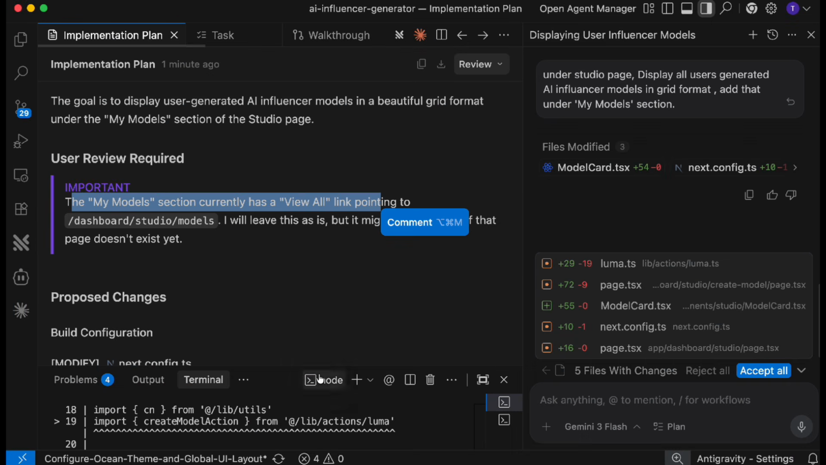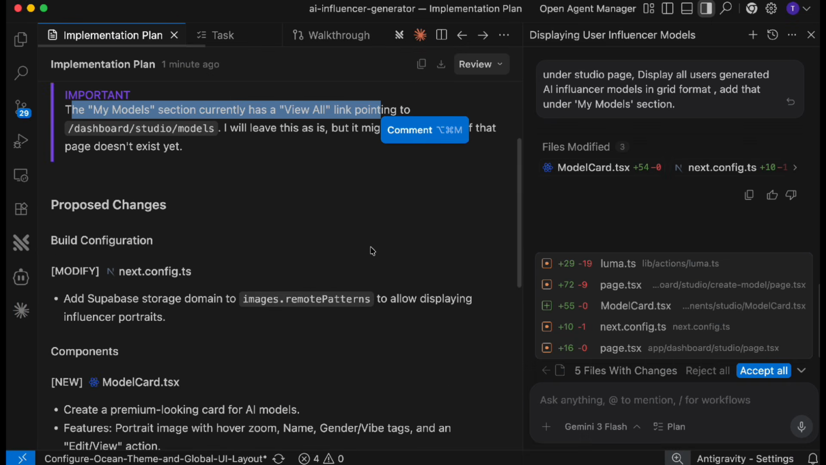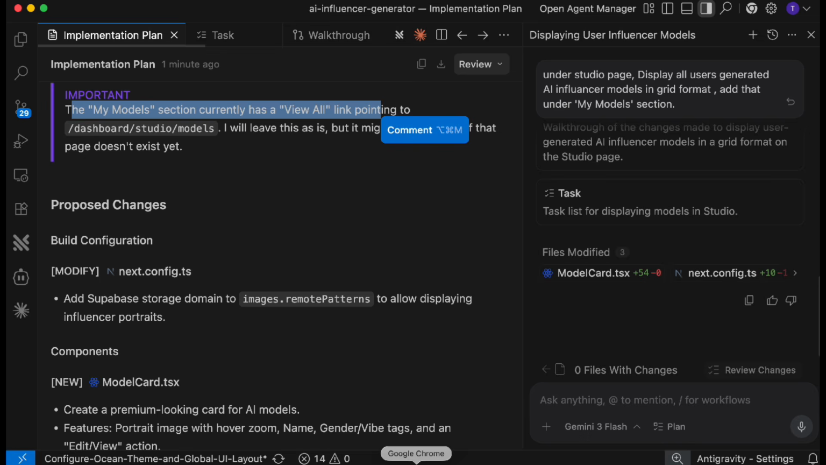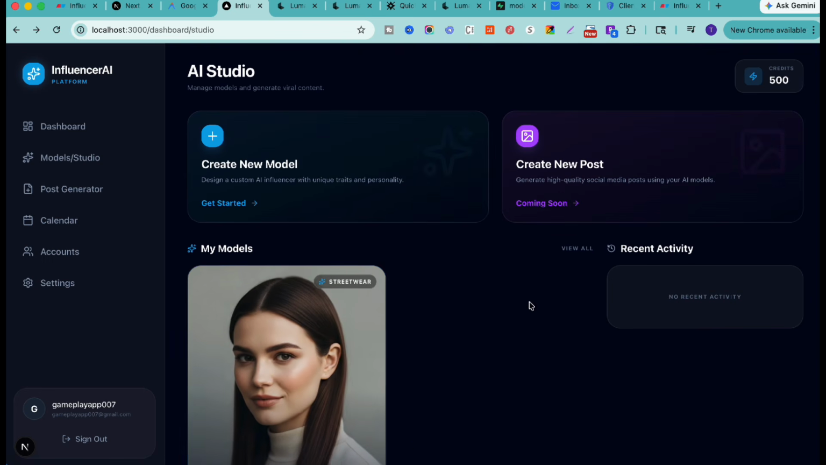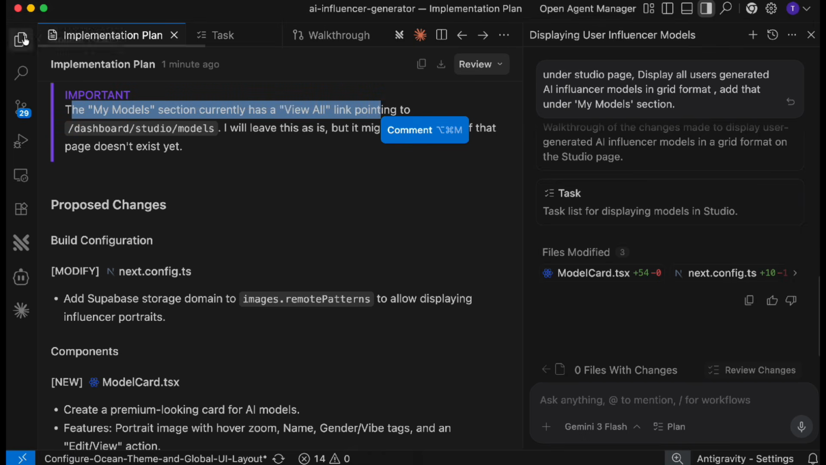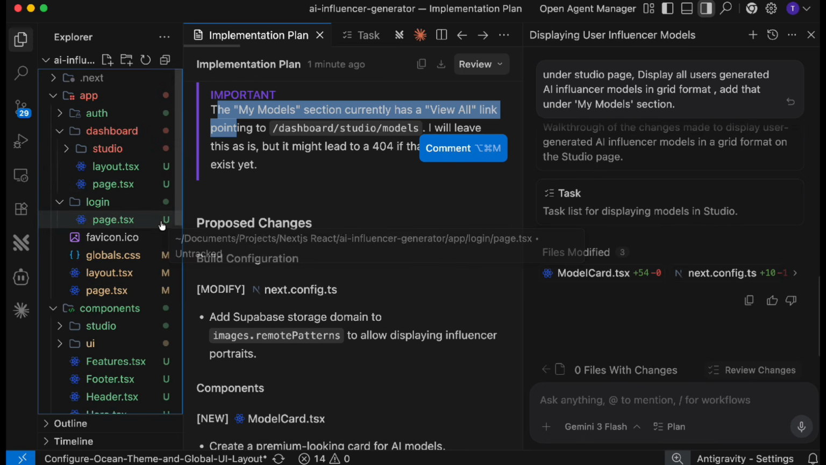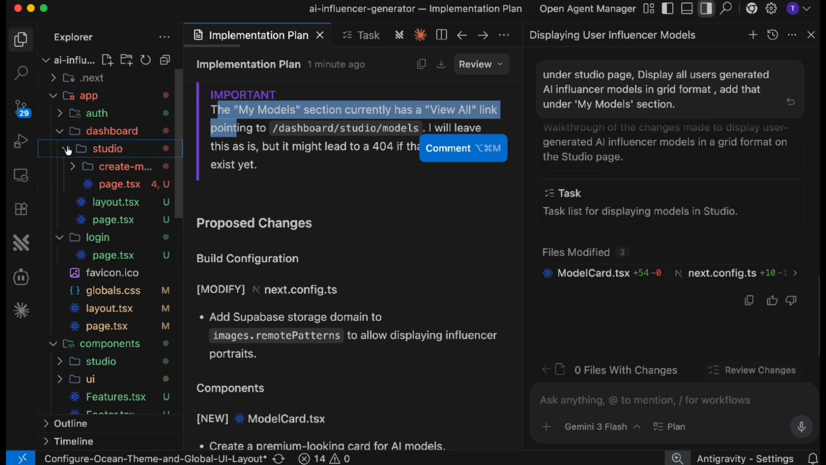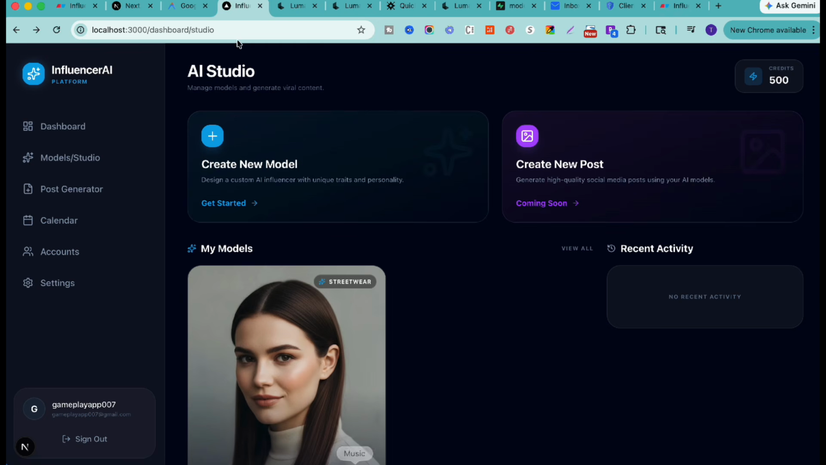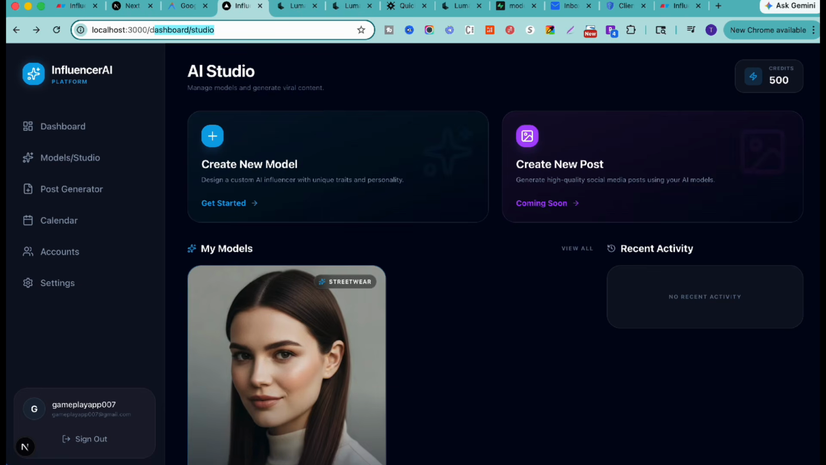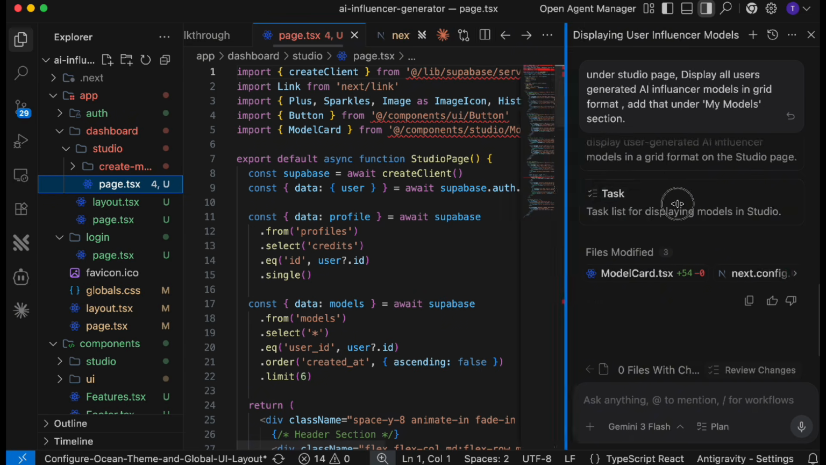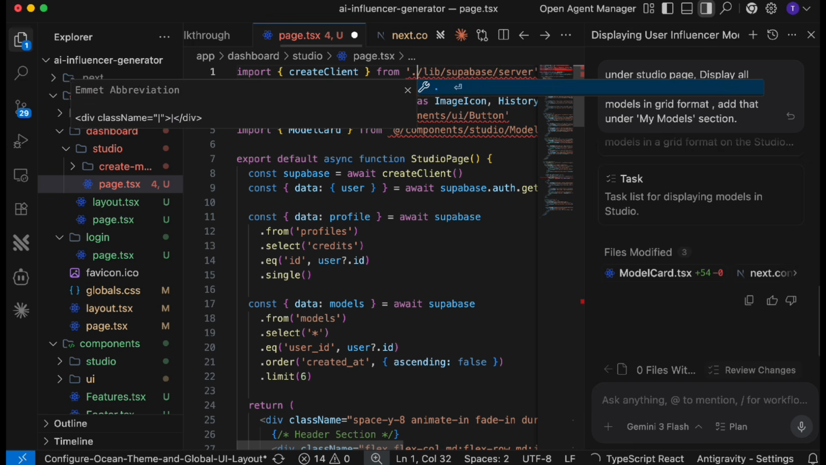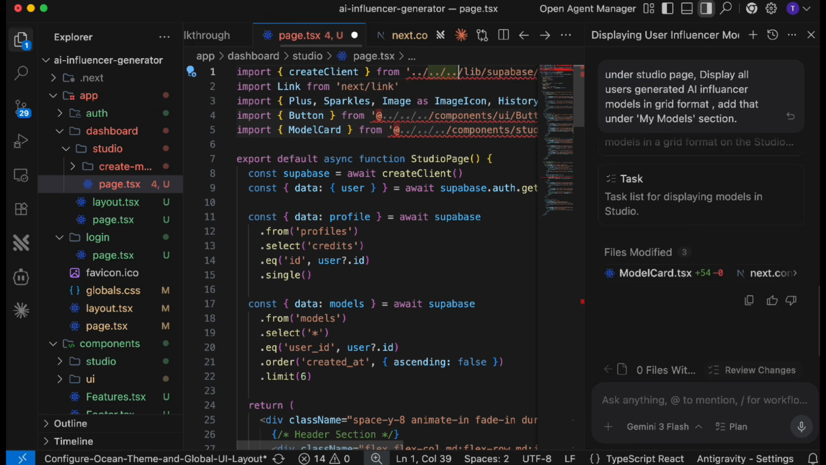Okay, now next thing, I will accept all of these changes, but a small thing we wanted to do: instead of showing only 2 models, we are going to show 3 or 4 because it's too big. So what you need to do, either you can tell the AI agent, or simply you can go to the dashboard, follow the route dashboard, and under the studio you have to go to the page.tsx file. Now over here, we'll replace that with the actual path,